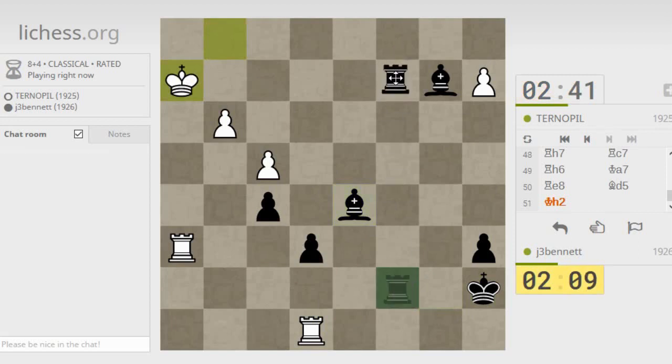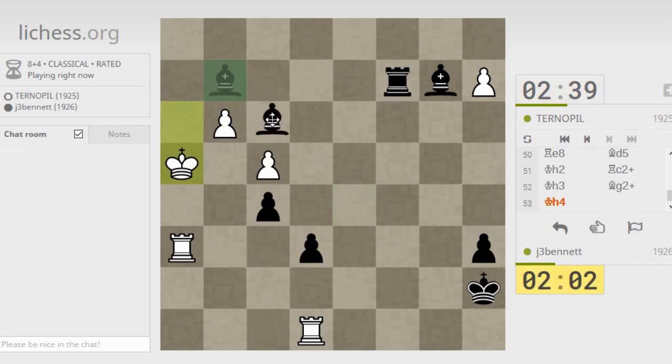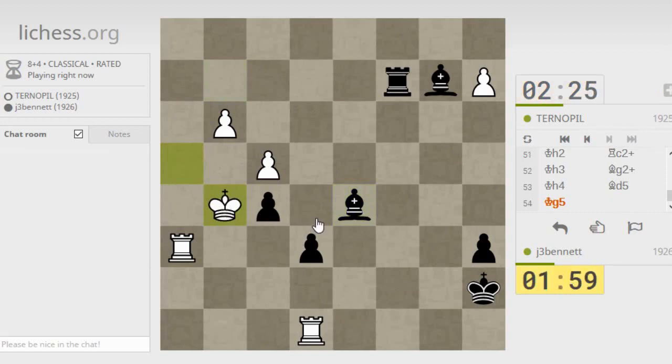Okay. Let's see where he's going, though. So I have this check here. And no, it doesn't threaten mate. Too bad. Okay. Let's just step back out of the way. Kind of threatening a check here, I guess. But his king can always come to this square. The king has the g5 square to come to. And he goes there right away. Okay, so let's, what